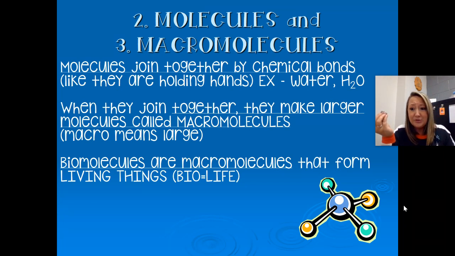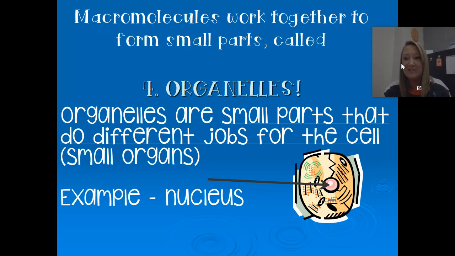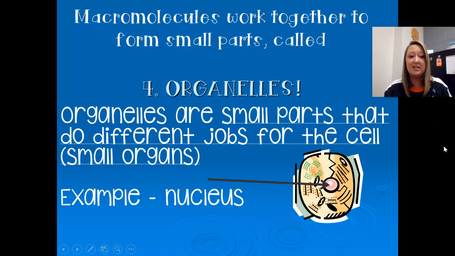So we've got molecules, which are small things that we need, right? And then we've got macromolecules, and these macromolecules are vital for life. There's a lot of them, or what we call organic molecules, that form living things. Biomolecules are macromolecules, and biomolecules are the things that help cells form organelles, right? We've been studying these organelles for the past few weeks, and these organelles are made up of these macromolecules, right? Remember, we've been talking about how the cell's main job is to make proteins because it's made of protein, right? And so these proteins form these organelles, right?